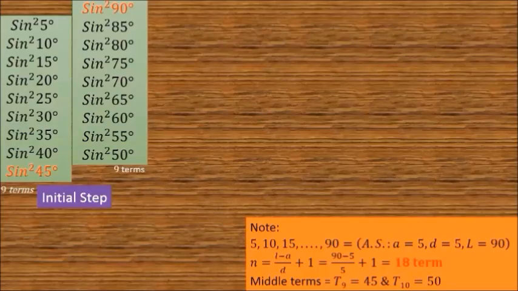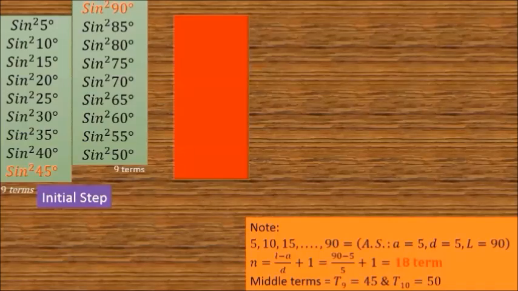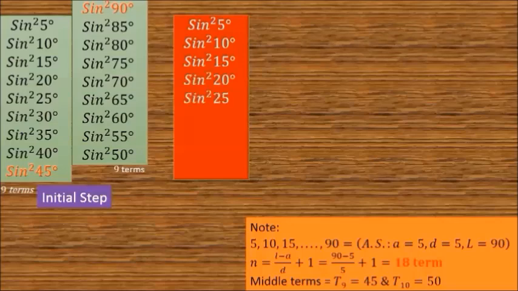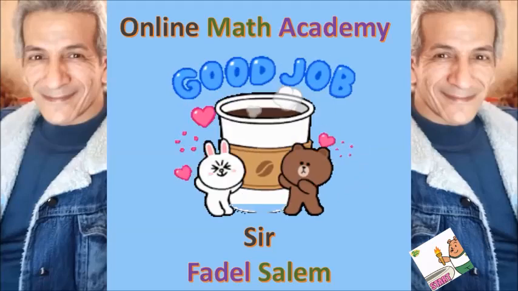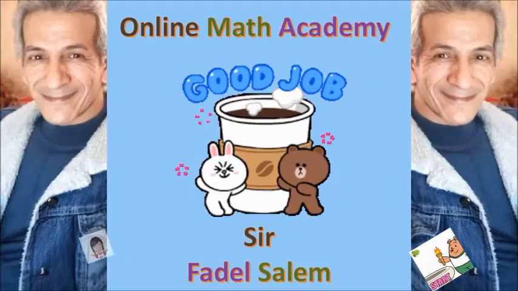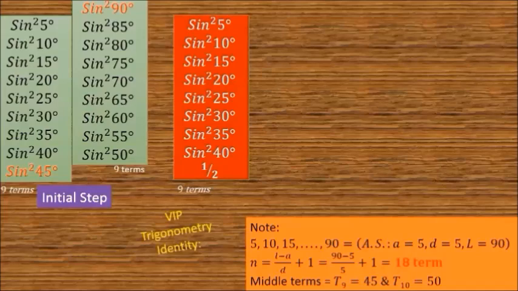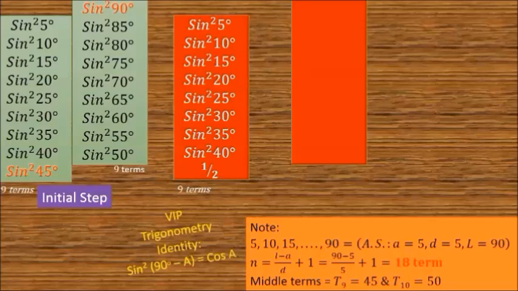And now the middle step starts. I have to write sine square, the first column as it is, starting from sine square 5 up to sine square 45, but here sine square 45 is half, and by using some modification for the second column, instead of sine square 90 I wrote its value, it's 1, and other elements